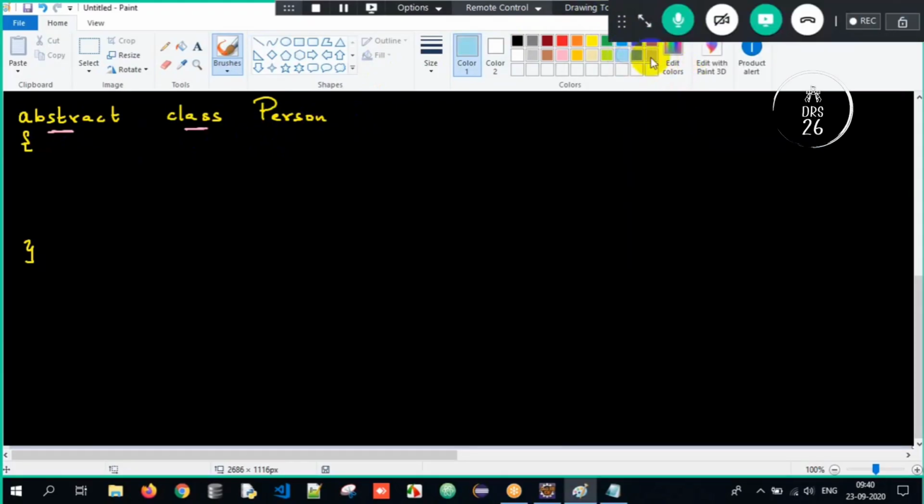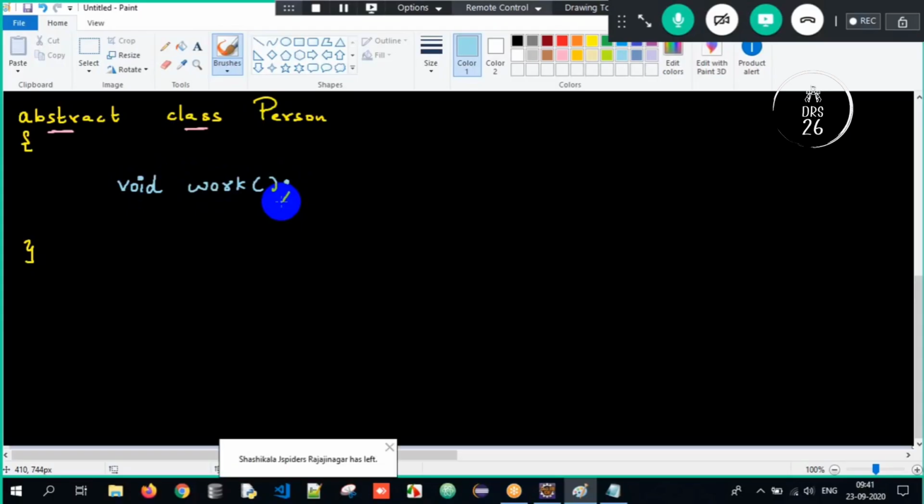So now, can an abstract class have abstract methods? Yes. So now void is the return type, work is the method name, open parenthesis, close, and terminate using a semicolon. So what are we doing over here? We are trying to declare a method, but we are not trying to provide the implementation here.